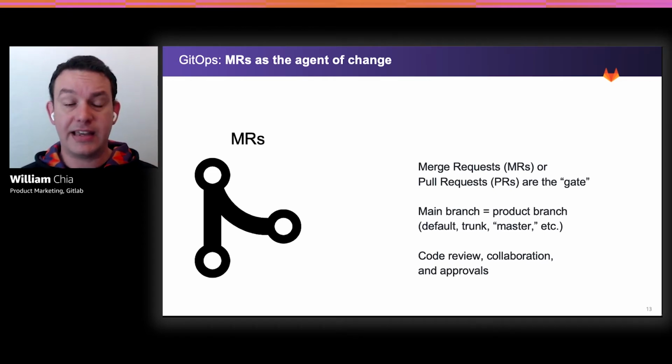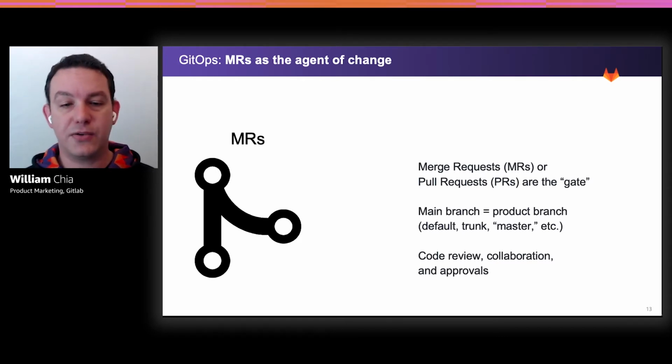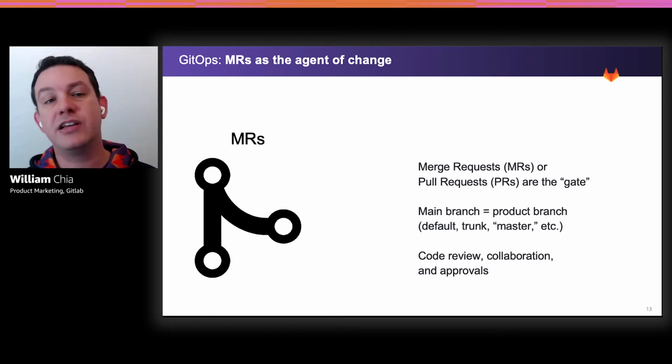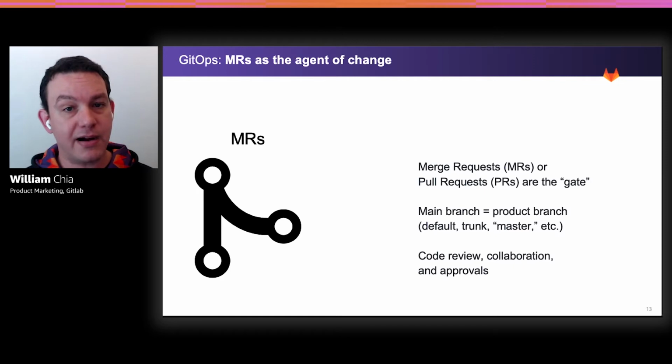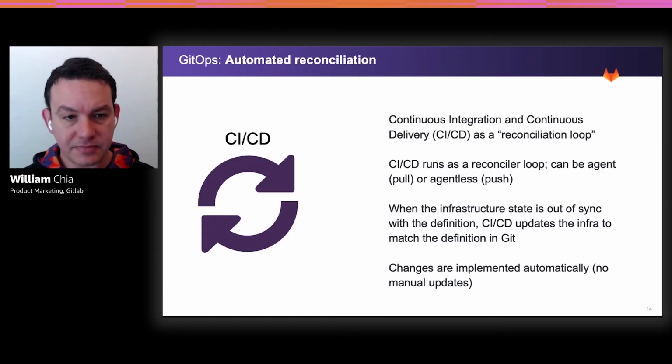Now, with GitOps, we don't want to make any manual edits. We want our edits to be automated. And so the structure we're going to set up, and we'll show this to you in the demo, is we want a branch that represents an environment. And we want all changes to that environment to be proposed as merge requests to that branch. In GitLab, we call this a merge request or an MR. In some other tools, it's called a pull request or a PR. But the concept is the same, that this is the gate that is a proposal of any changes. It's your central point of collaboration, and then you can merge that back into the branch.